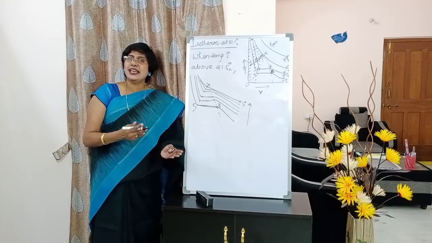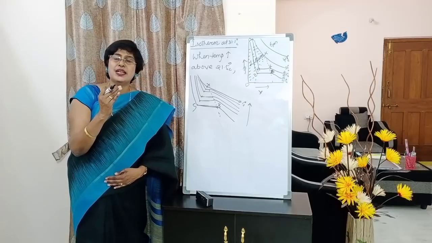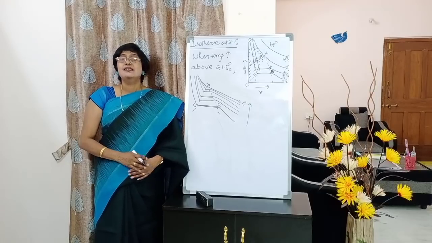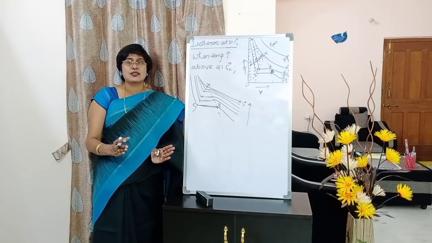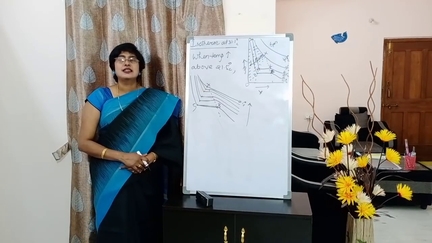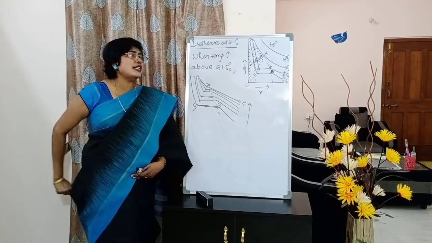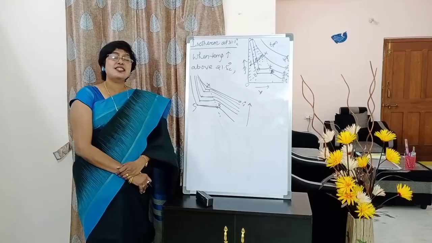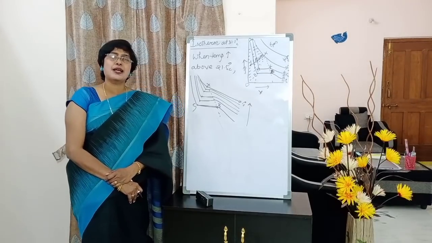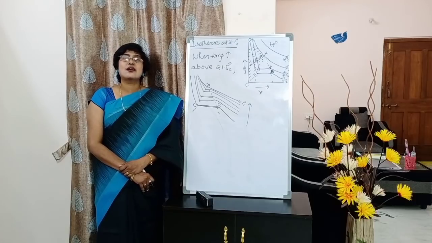So what is this point X telling us, students? There is no horizontal portion seen at X, that is at 31.1 degrees centigrade. That means here we cannot distinguish liquid and vapor states of carbon dioxide. There is no distinction between liquid and vapor states of carbon dioxide. So that's what this point X tells us. Below, write down: this point X tells us that there is no distinction between gaseous and liquid states of carbon dioxide, and is called